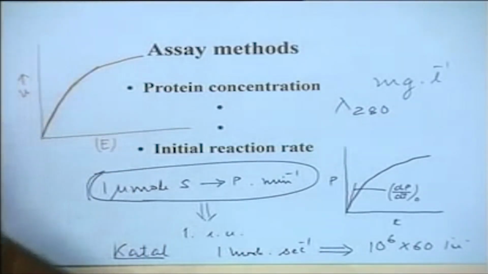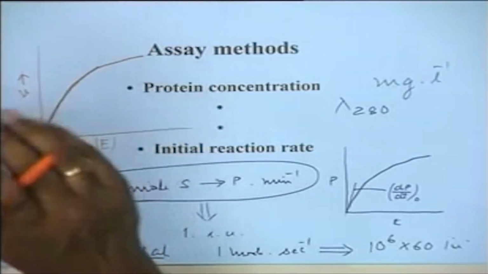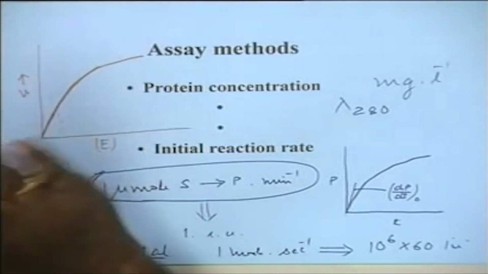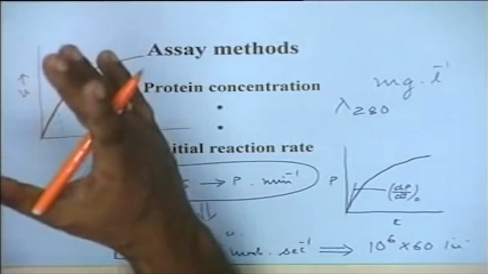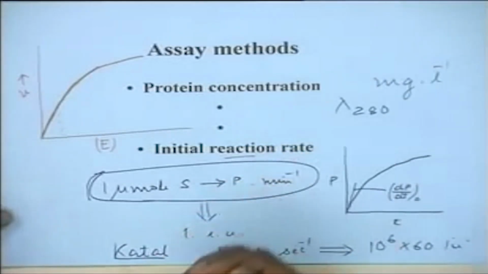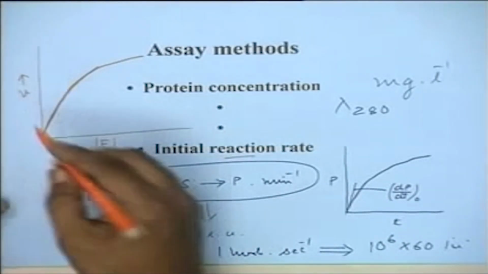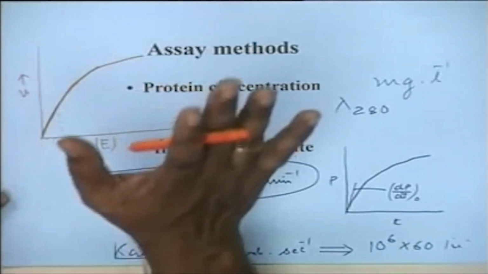So, essentially we must ensure that we are measuring in the linear range, that means at low enzyme concentration level. The best way to ensure this is that instead of taking one sample, we take at least 2 or 3 dilutions of the same sample, let us say 2-fold, 4-fold or 6-fold dilution, known dilutions, and the reaction rate obtained must be proportional to the dilution. Unless you get 2 different samples in the same linear range, you cannot depend on the result,